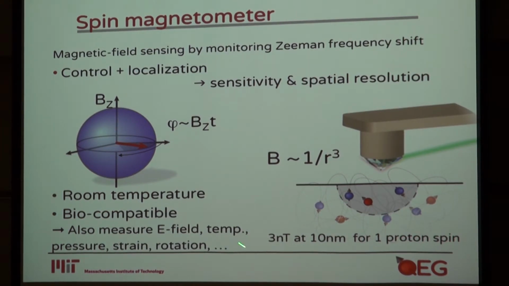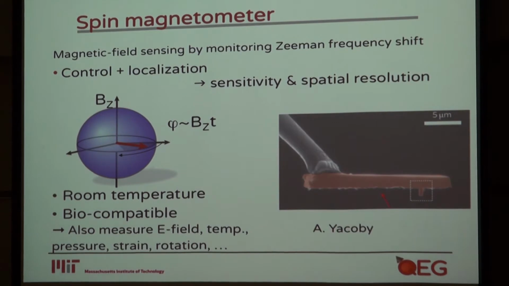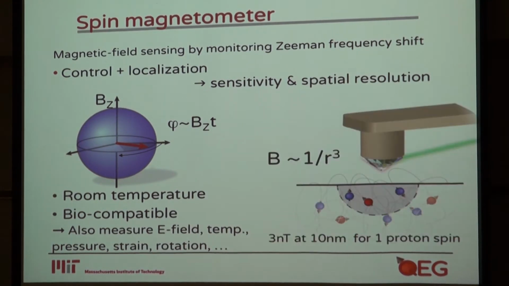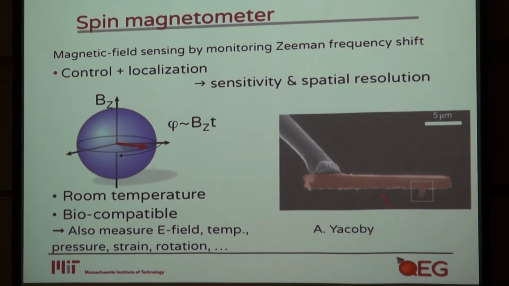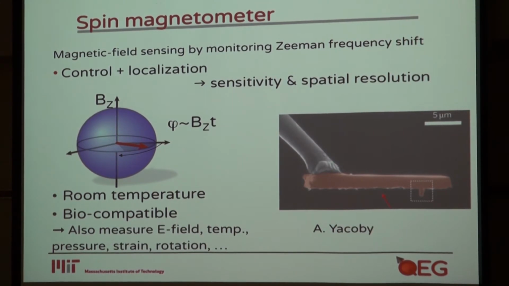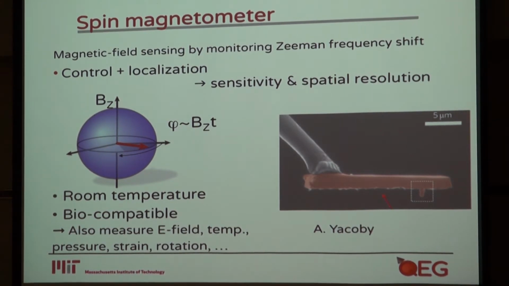So this is an old picture, and it has been sort of realized in practice. For example, this is an AFM tip with a diamond slab, well, a small diamond, and the pillar fabricated in the diamond, which contains an NV center. And then you can really go around and do the same type of task, which is to scan around and find little, at the moment, electronic spin, and hopefully very soon also nuclear spin. So how can we use this NV center in order to really measure with very high spatial resolution the